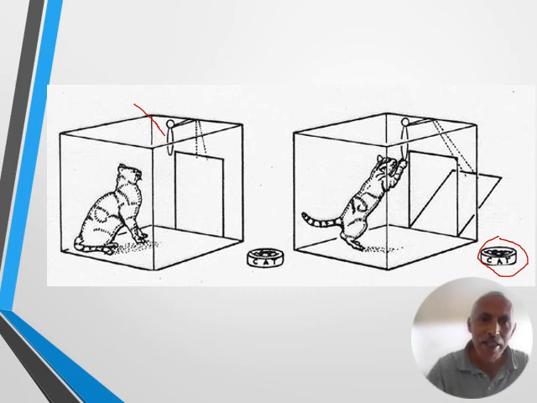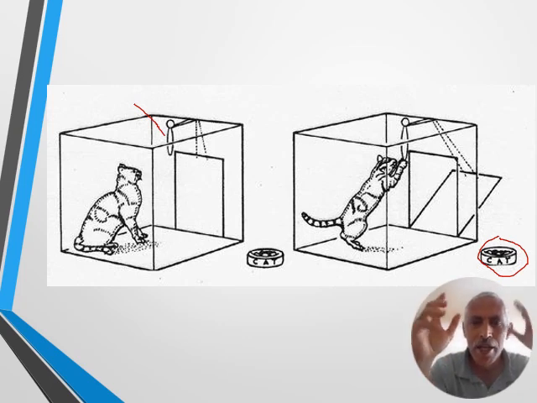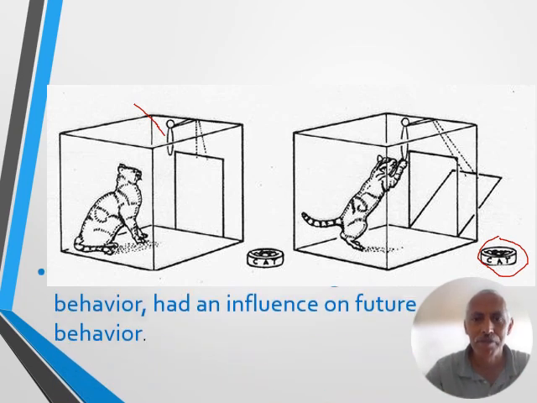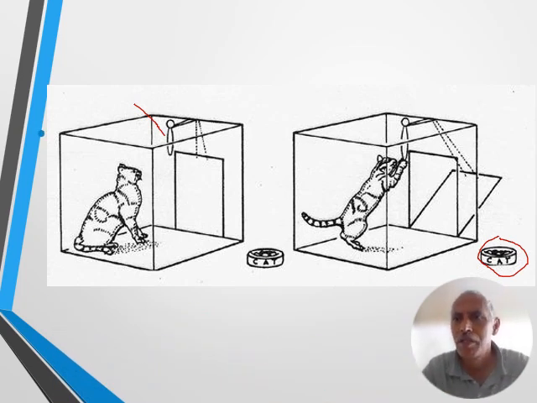Okay? How did she find that? It's not because she thought about it: if I pull that one, maybe the door will open and then maybe I'll be able to find food. No. It was by trial and error, and that trial and error behavior resulted in some kind of reward. And through that repetition of that behavior and the reward connected, this is also called connectionism, because she connects the behavior to the reward, and therefore when she pulls that, she knows there will be food outside. So that is this behavior.